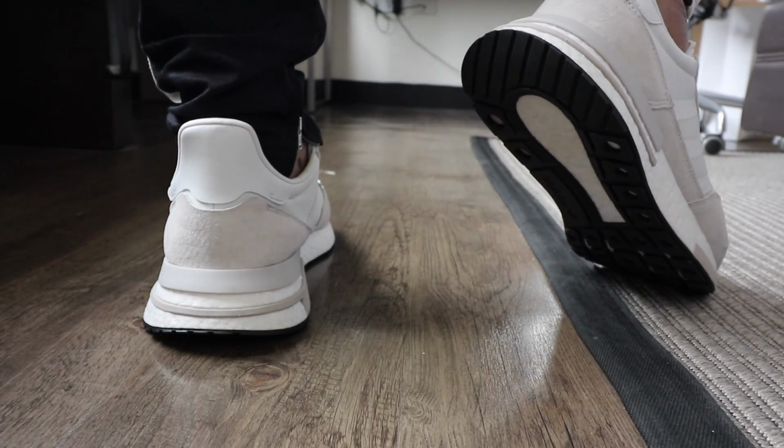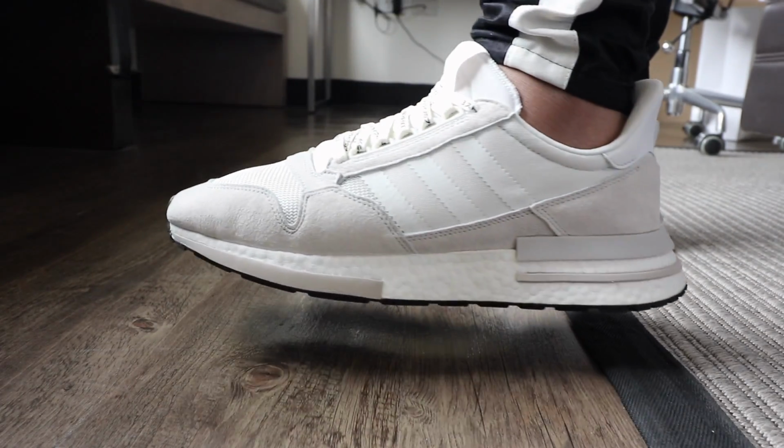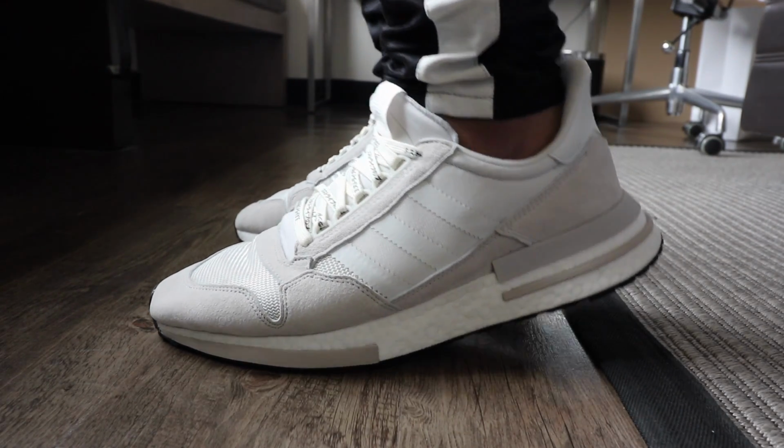So let's go with unboxing. We'll unbox 3 sneakers today. All 3 sneakers will be given away via raffle using the same mechanics. So if you commented on the ZX500 review, you are part of and eligible for this raffle. So let's get started. For the first pair, we are raffling away,